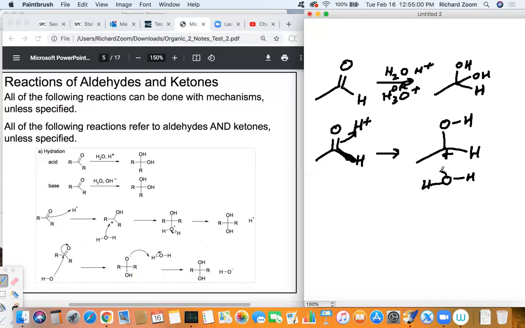The next step involves an O joining to the C plus,